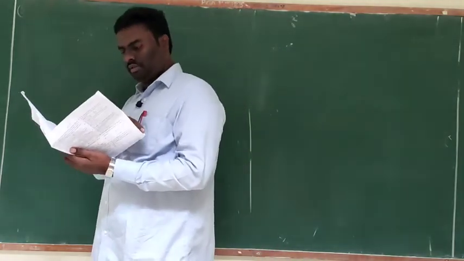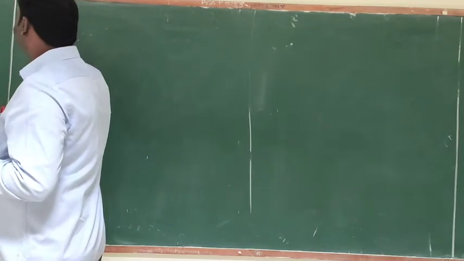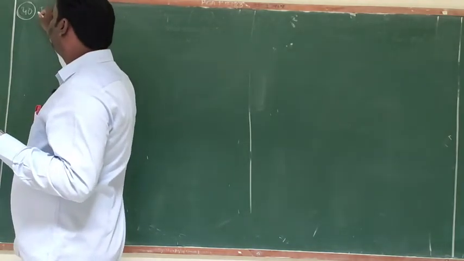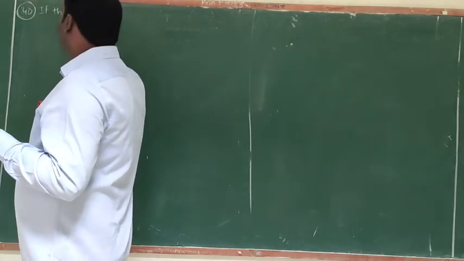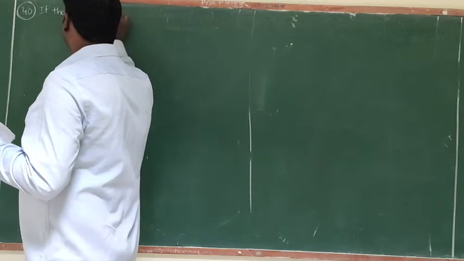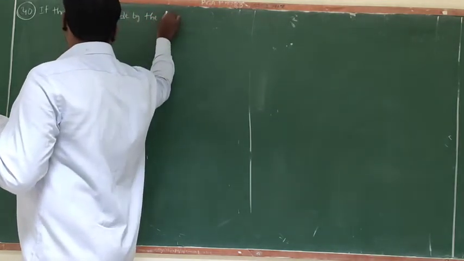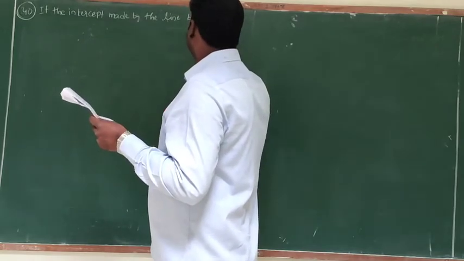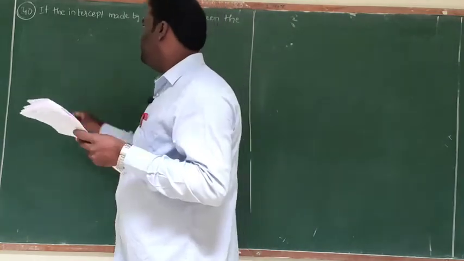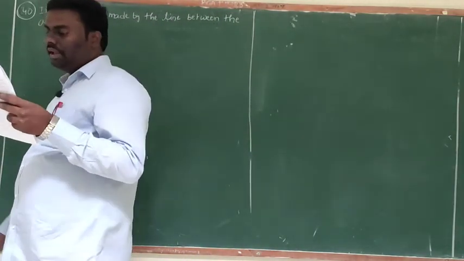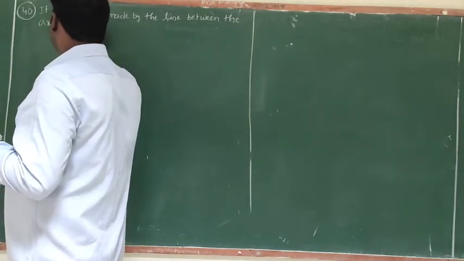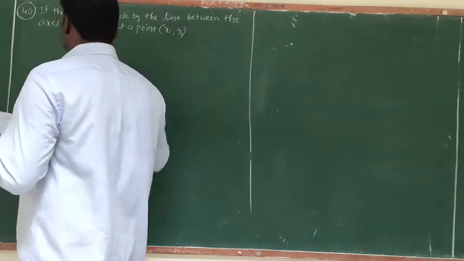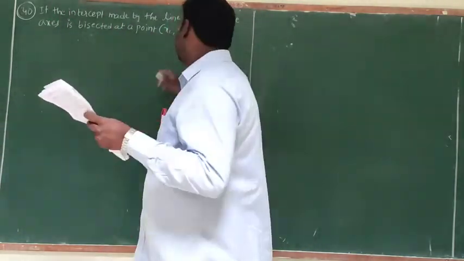Next, question number 40. If the intercept made by the line between the axes is bisected at a point x1 comma y1, then its equation is